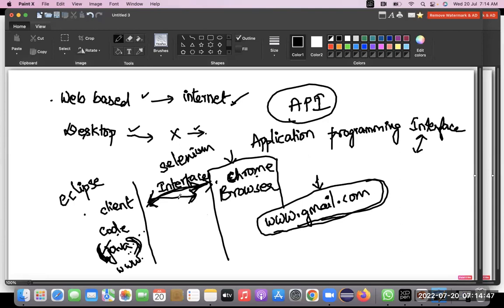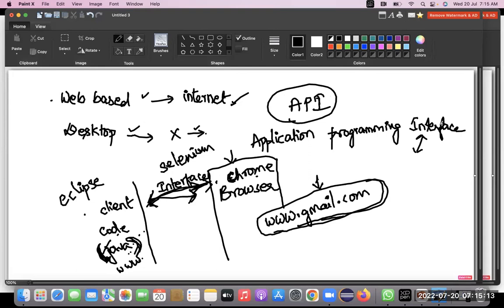How it is going to happen, going forward we will discuss how Selenium is helping us to open the browser automatically and do all these things. Based on the code we have written at the client side, how it is communicating with the browser, and how the browser is interacting with Selenium, everything we will discuss going forward. As of now,